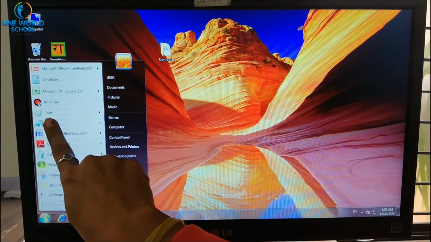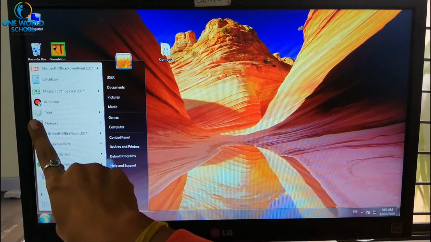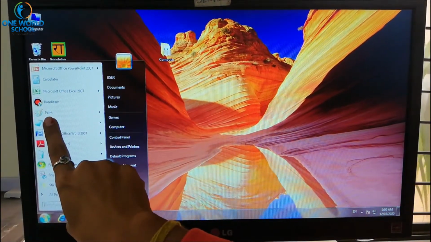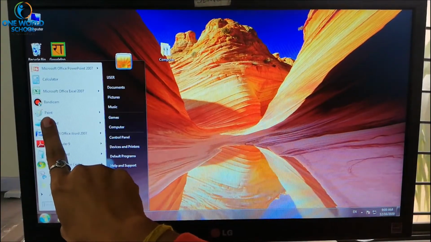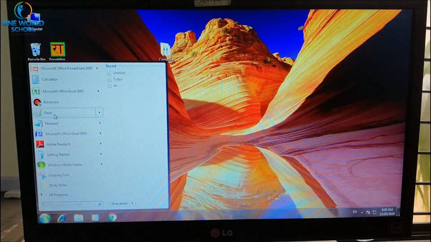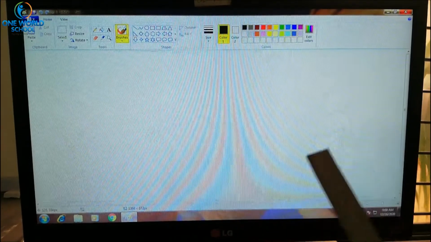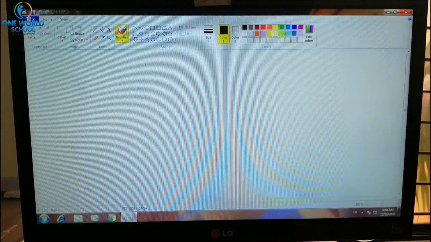Look here. Yes, a color palette and brush icon is given to you, and then you can see our program name, Paint. With the help of the mouse you just have to click on it. Slowly do this, and now just one click on it. Now you can see our Paint program screen is opened.